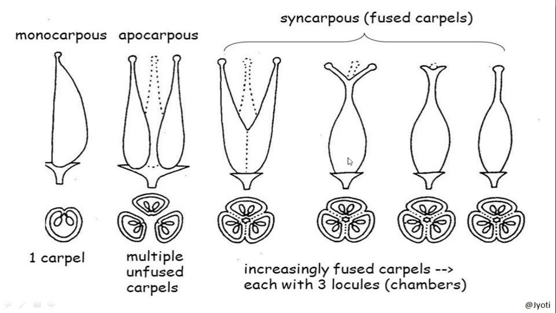Then in the other case you can see 3 carpels are there. Their style is fused and the ovarian part is also fused. So the ovary is 3 chambered, but the stigma part is free. But in this picture, you can see all 3 carpels are completely fused. So this is also syncarpous, and in the ovary, 3 chambers are there. So whatever the case may be, in the syncarpous condition, the number of chambers in the ovary corresponds to the number of carpels present.